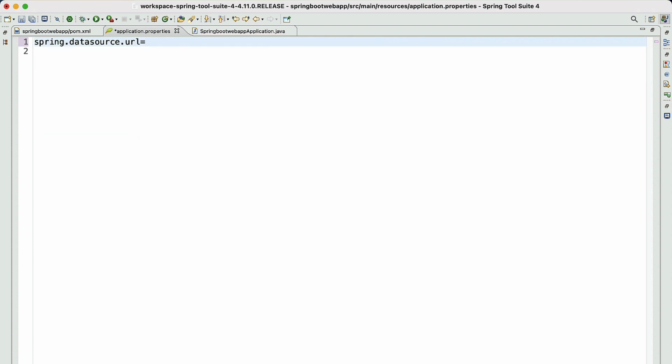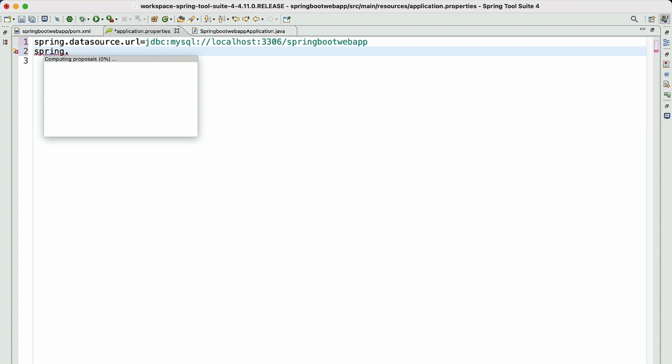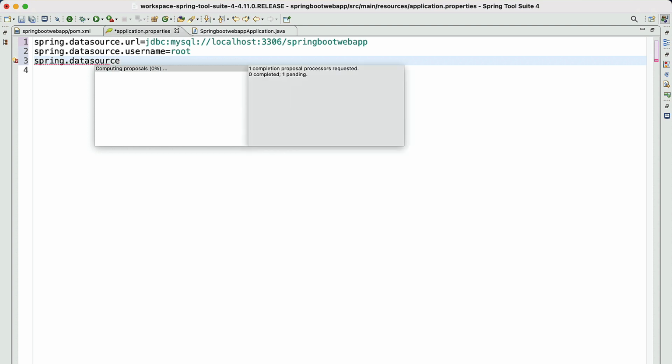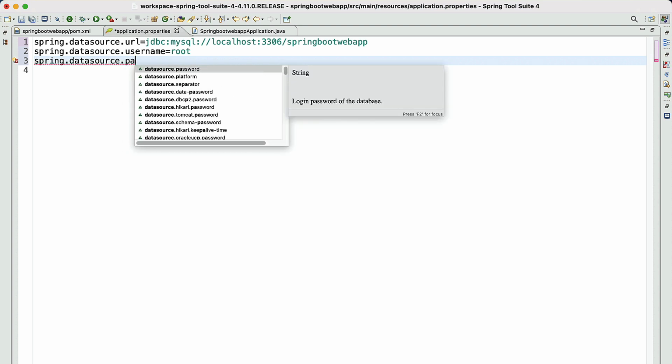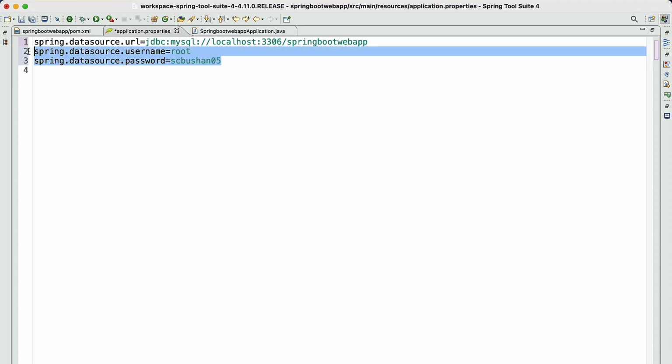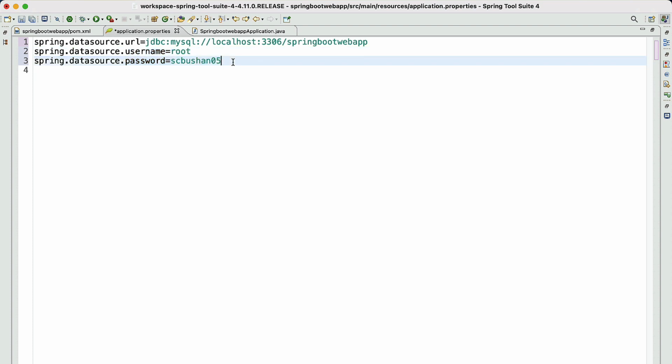The JDBC URL for MySQL is jdbc://localhost:3306/ the database name, which is Spring Boot web app. spring.datasource.username, the database username, which is root, spring.datasource.password, SC Bhushan 05. Make sure to change the username and password as per your installation.